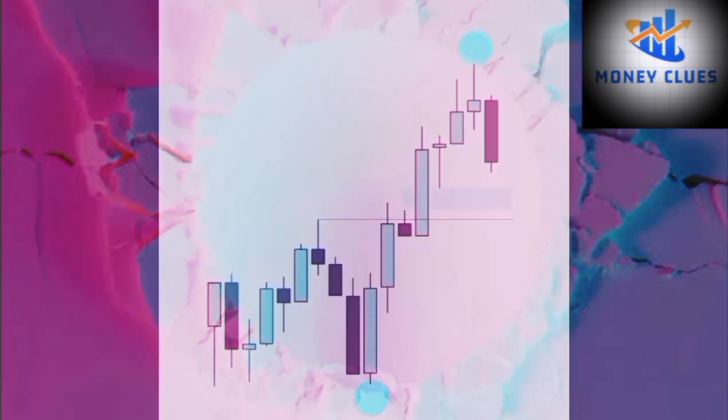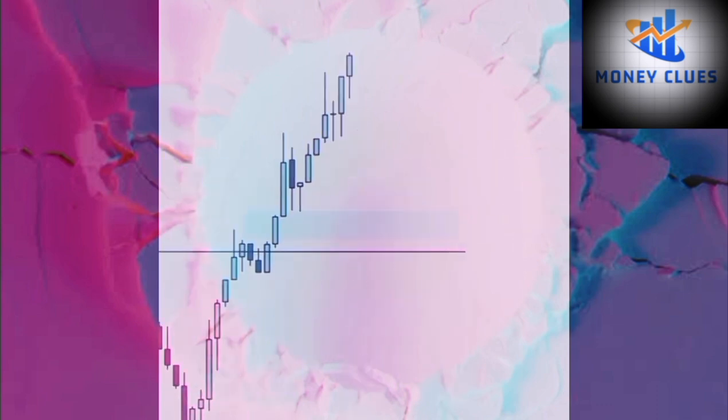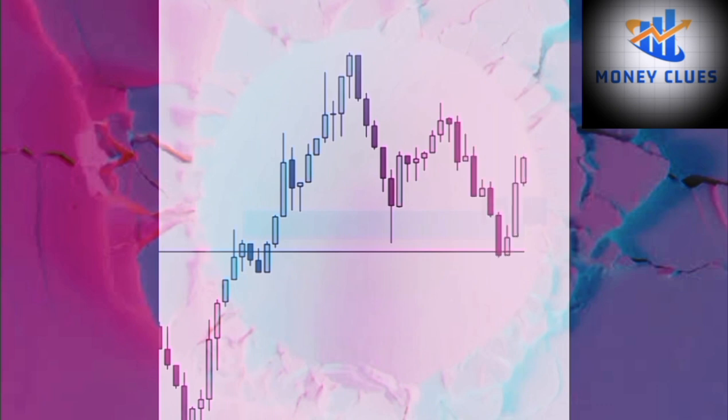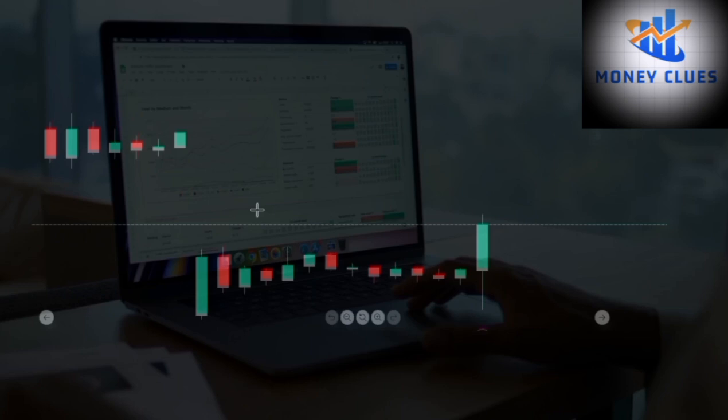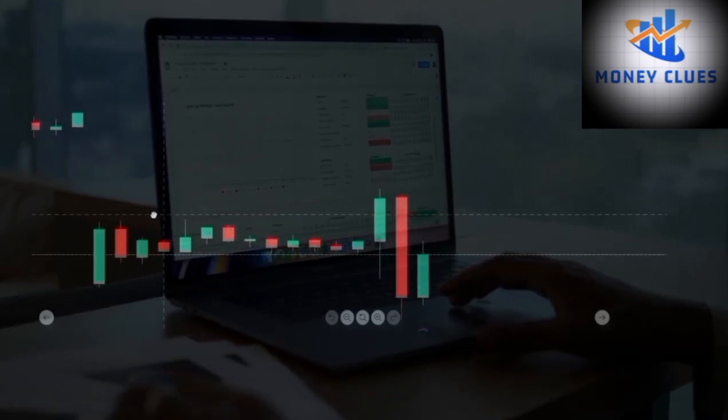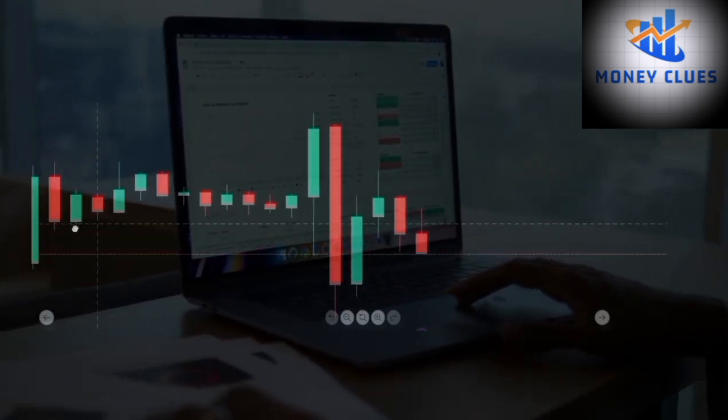For precision, move to the 15-minute chart. When price retraces to the 1 hour fair value gap, look for a fair value gap within it. Set a limit order, aiming for the daily high. That's it. And so guys, the strategy seems to be very easy when it is basically explained, but I want